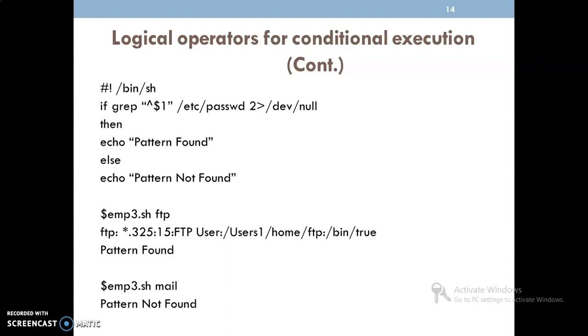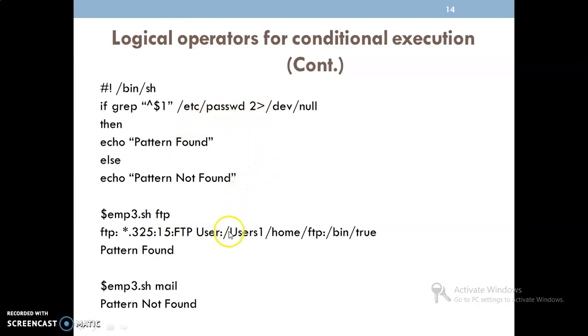I have taken one example using the if condition here. Just we can go through here. If grep $1, that is a positional parameter. I wanted to run this employee.3.sh with the parameter FTP, as I am finding. We wanted to search whether this pattern is in the path name or not.